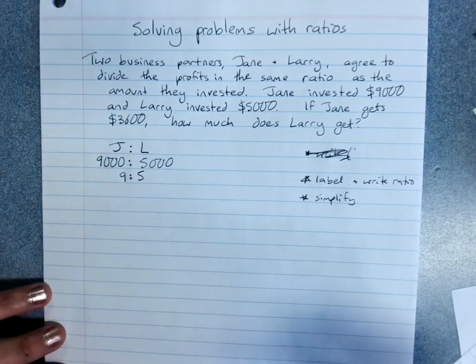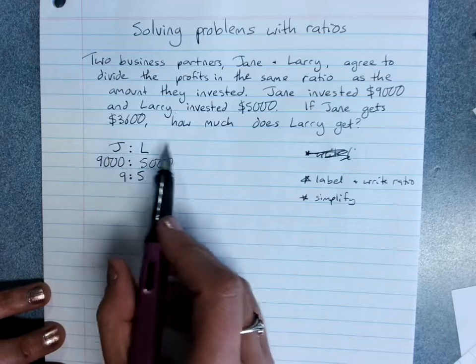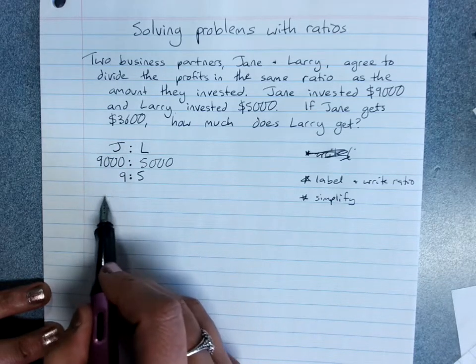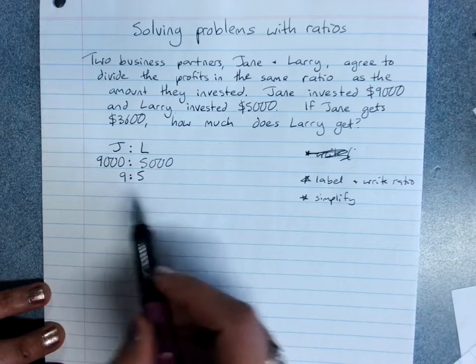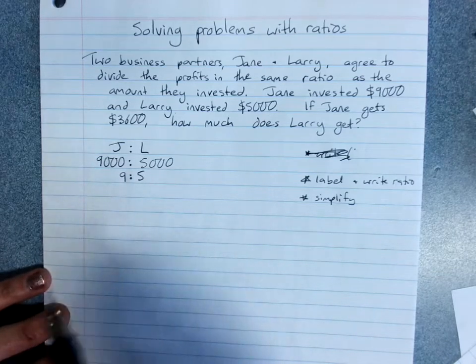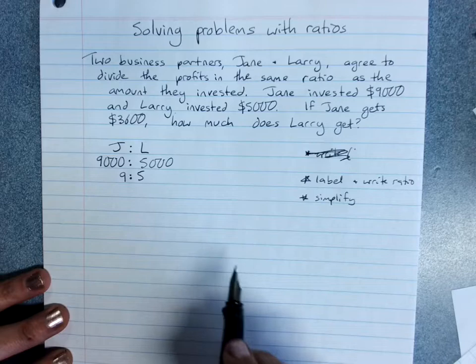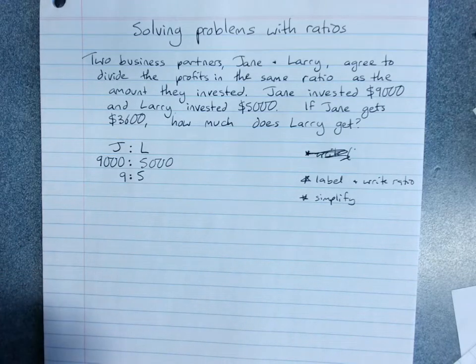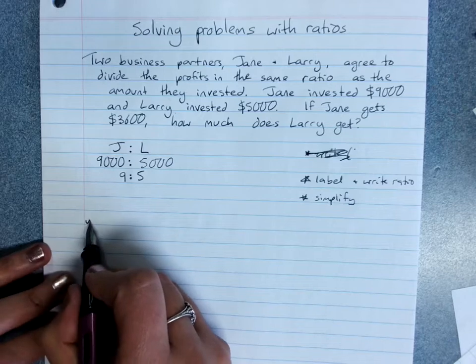Now, what you can just do is say, well, okay, Jane gets 3,600. 9 times what gives you 3,600, and work out the equivalent ratio. But it's not very mathematically pretty. So instead, I'm going to show you two different ways that we could solve this. One is the unitary method,